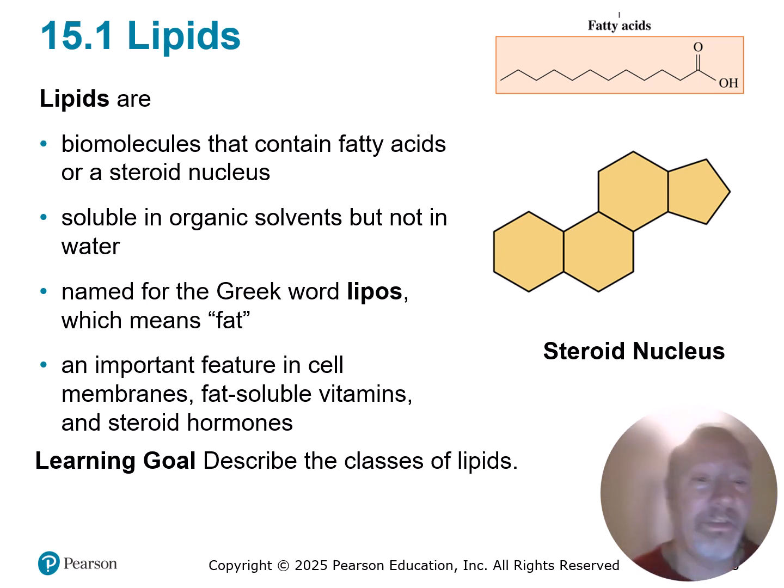So lipids can be fatty acids. They can be the steroid nucleus. This is just a rough sketch of what most steroids that are based on cholesterol are going to look like. So if they're talking about a steroid, they're talking about something that often is similar to cholesterol. All of these lipids are usually soluble in organic solvents, unlike sugars that like water because they're so hydroxylated, they have so many alcohol groups. Notice there's not a whole lot of alcohol groups shown on the steroid nucleus.